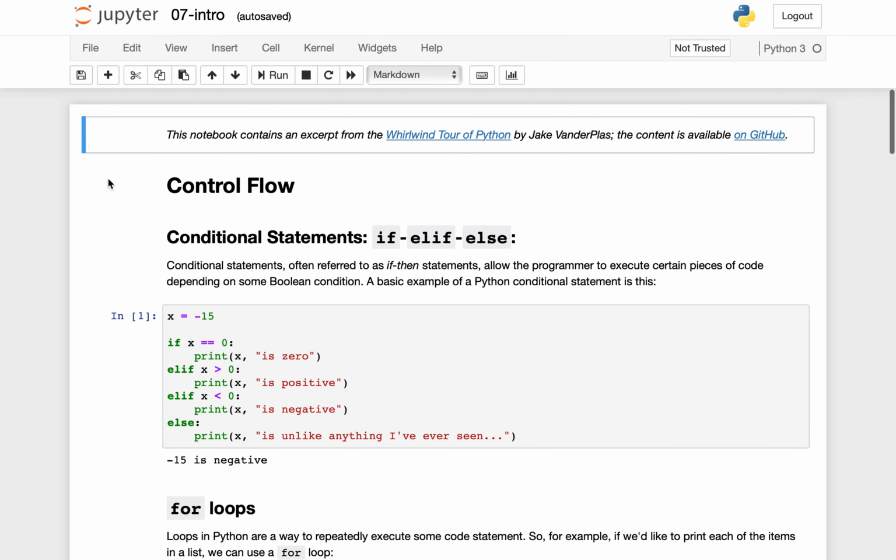In this video, we will learn about control flow in Python. Control flow refers to changing the course of the program when something happens. So we will learn about three ways of controlling the flow in the program. You will learn about conditional statements, if, else, loops, including for loops and while loops, as well as error control